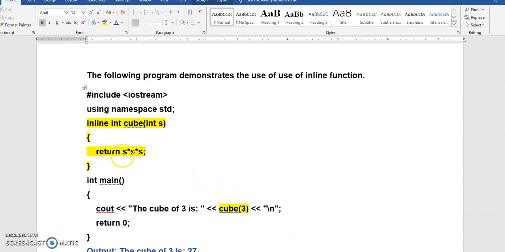The address switching during the execution time takes much more time than the execution of this single statement. That is why we go for the inline function, where this statement itself is substituted for the called function, so that there won't be any switching.